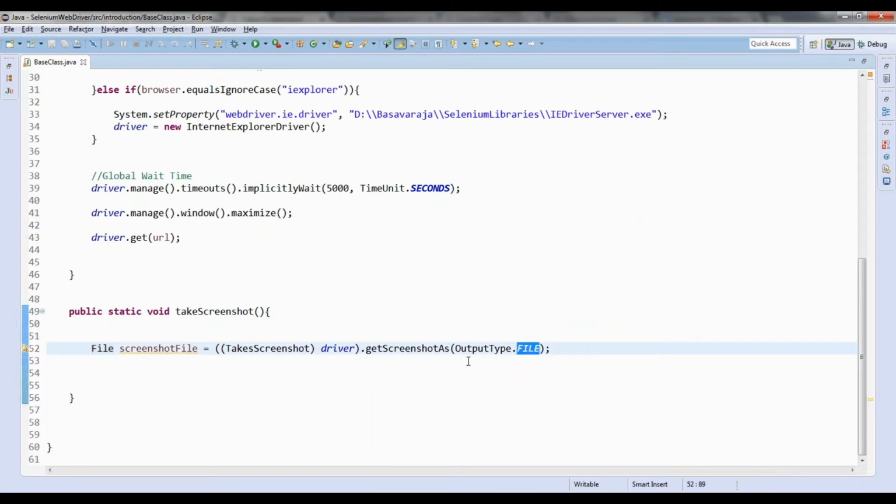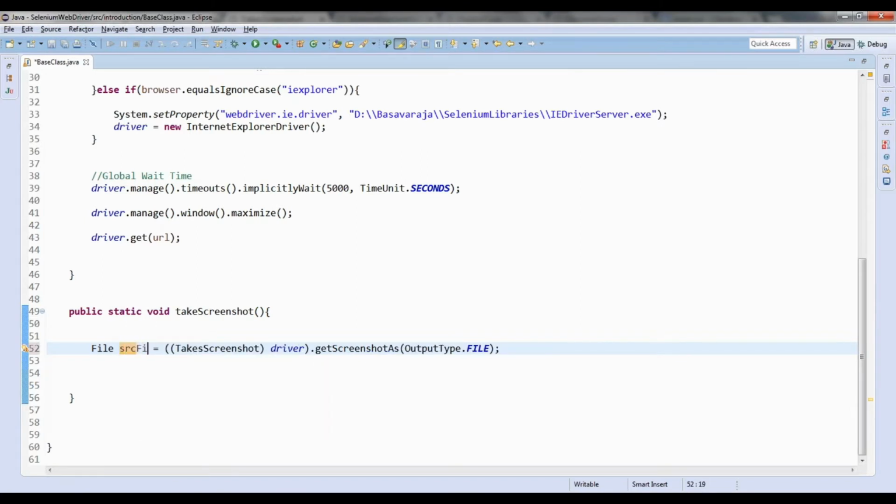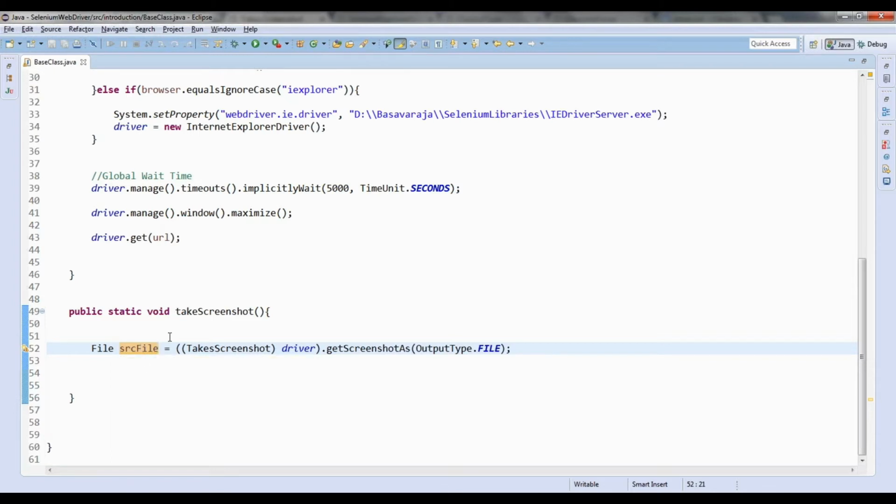If you select file here, it will be returning the file. So that's why I have to store that in a file. So I will write this as source file. In a temporary location, it is going to store the file, and that file I have to copy into my,